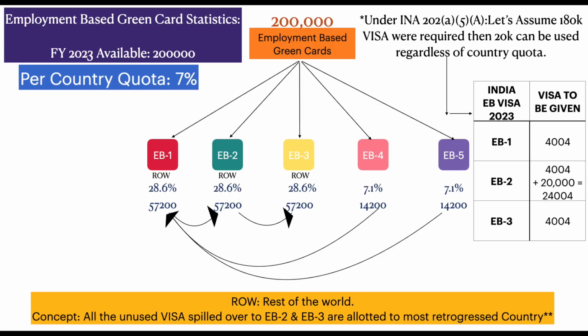So if we take that case and apply it to the current situation, let's say there are 200,000 visas available, but only 180,000 people are in line. However, that's not the case because India is retrogressed. But in this 2020-2023 cycle, let's say only 180,000 people require a visa. That means 20,000 visas will be available, which could be given to EB-2 India, because then the per country quota doesn't apply. So if we take that into account, I think the retrogression would move, and it would basically progress.